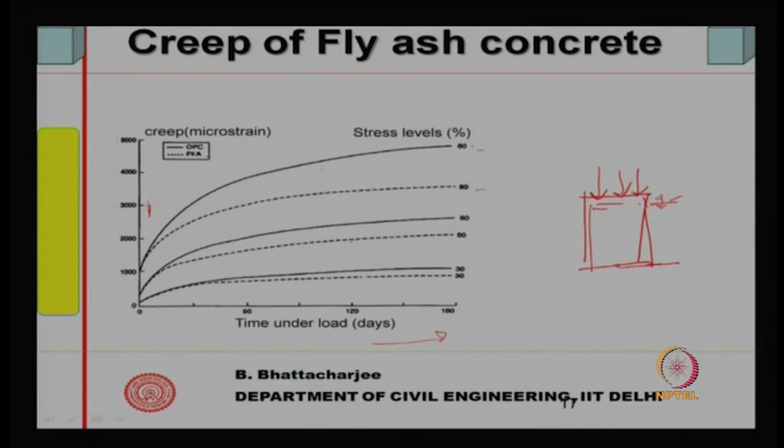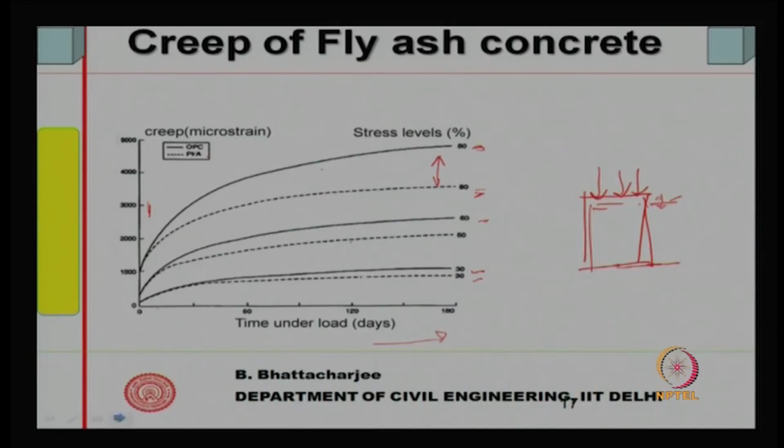So, if you put the stress level at 80% of the static strength or 90% of the static strength, you see the creep is much less in case of fly ash concrete. If you keep it at 60%, with the same percentages of 30-30, you will find the same. So, what you generally observe is that PFA concrete has much less creep,